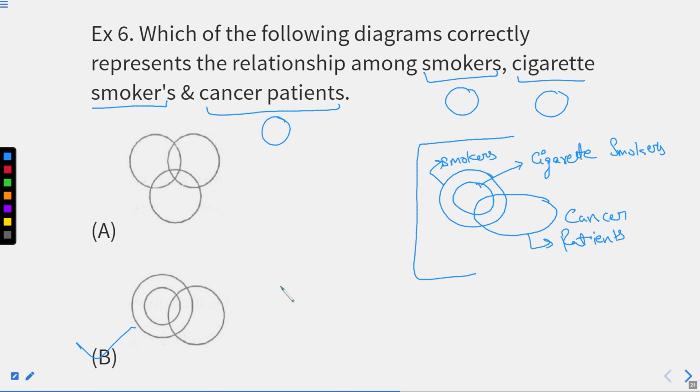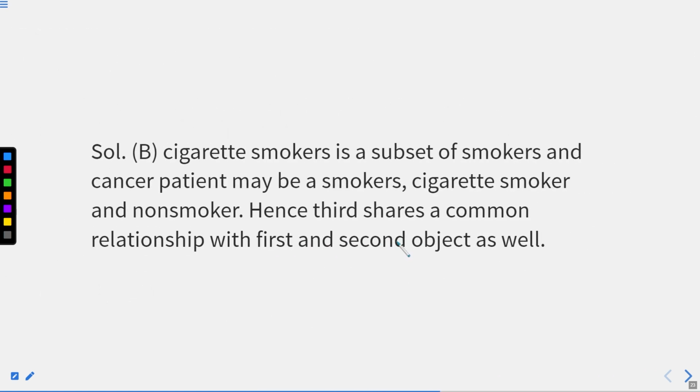These are such simple questions that as soon as you are able to derive the relation between the given conditions or words, you are able to form the diagram. And as soon as you form the diagram, you can check which option is correct, mark your answer and move forward. Similarly, now we are moving to a different set of questions. Before that, I have already explained this. You can read it or I will read it for you once in this video, right?